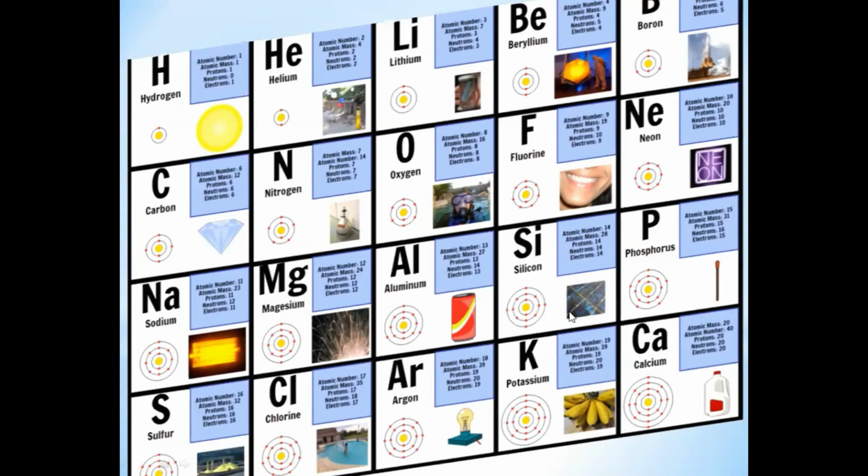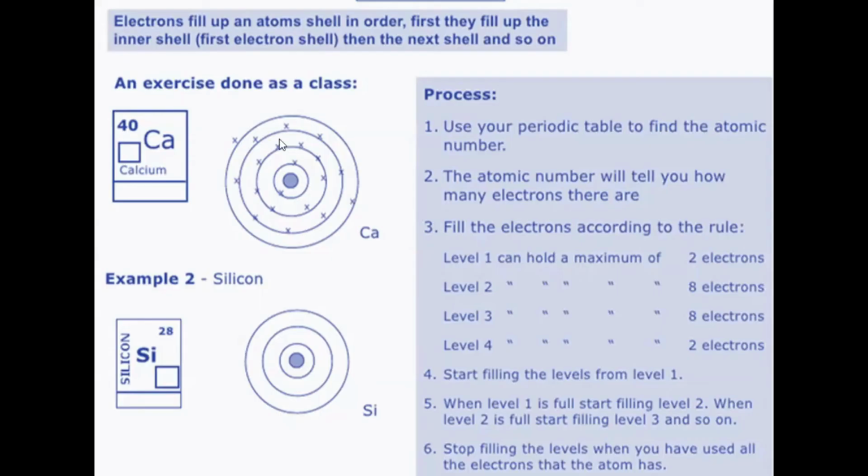We also see where they are found and the different ways in which they can exist in nature. There's an exercise you can do to find out how many electrons are in each shell. For that, this is the rule. What you need to follow is that the atomic number will tell you the number of protons, and protons are equal to the number of electrons. Then you fill in the electrons, keeping in mind the maximum capacity of each shell.